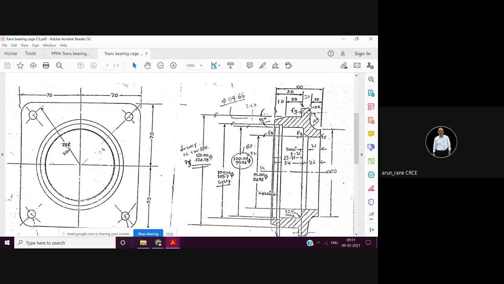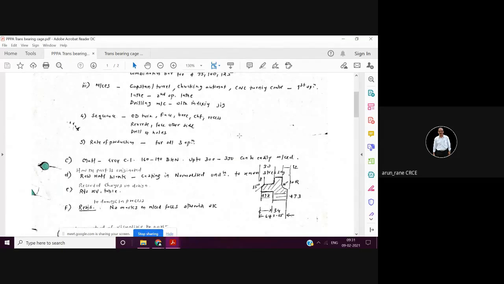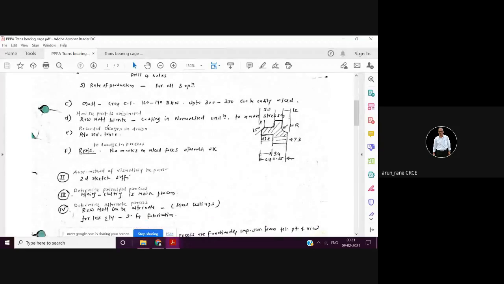Then once this is done, you can go for the milling, that is four sides, and then you can go for the drilling, that is drilling of the four holes. Then you have to estimate approximately. You are not doing machining time calculations. You have to just find out the rate of production, like what you had in the second year. Here also there will be one numerical question of around 3 to 5 marks based on machining time calculation, but here the coverage will be more. Like you may have to calculate machining time for gear hobbing or for the hardening process. So rate of production for all the operations, you have to write.